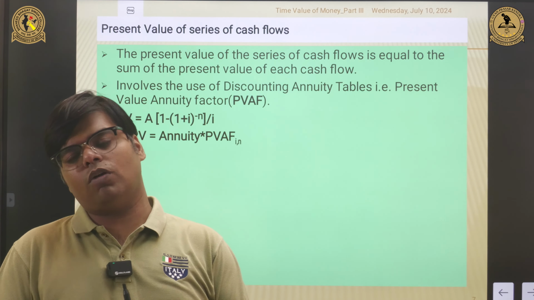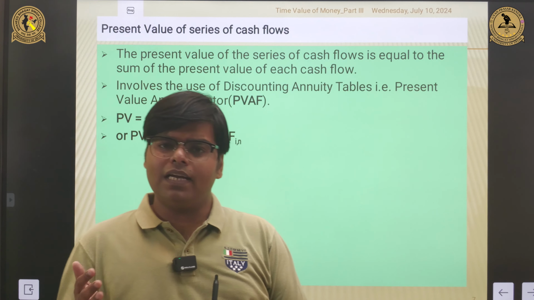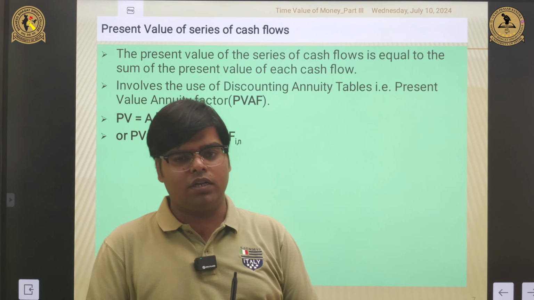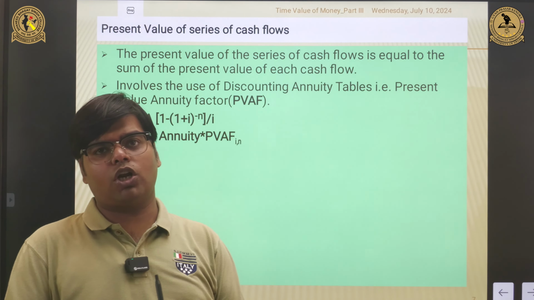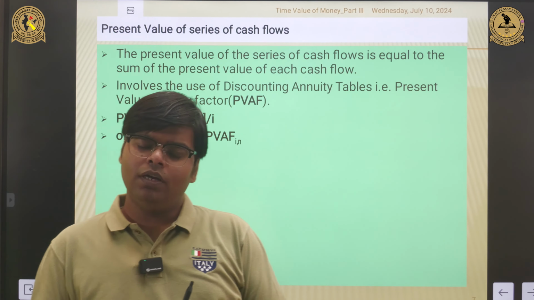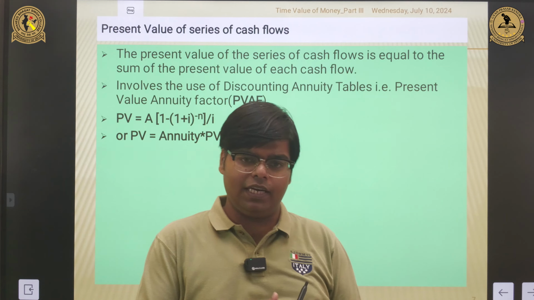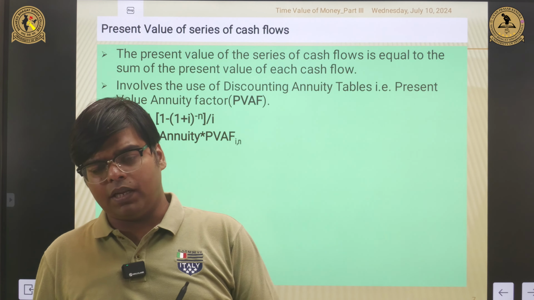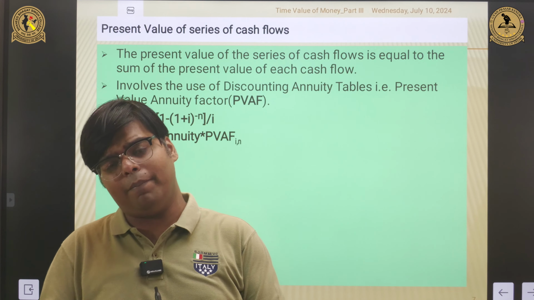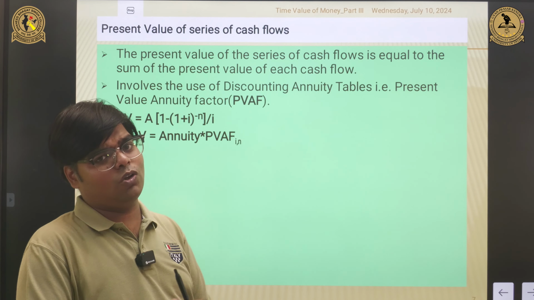Now the next subcomponent of discounting techniques is present value of series of cash flows, which means how much a series of future cash flows is worth today. Again, let us take a small illustration. If I wish to withdraw rupees 1000 in year 1, 1000 rupees in year 2, and again 1000 rupees in year 3, assuming the discount rate as 8% per annum and the time period as 3 years. Now I am interested in how much amount I should deposit today in my bank account so that I can make these withdrawals. So this is a case of present value of series of cash flows.